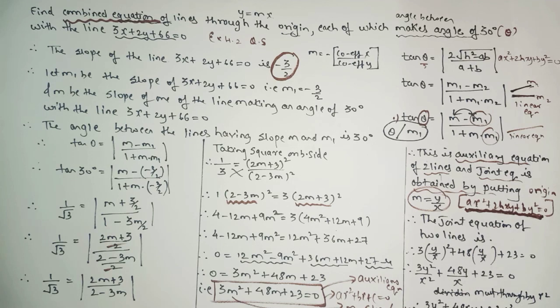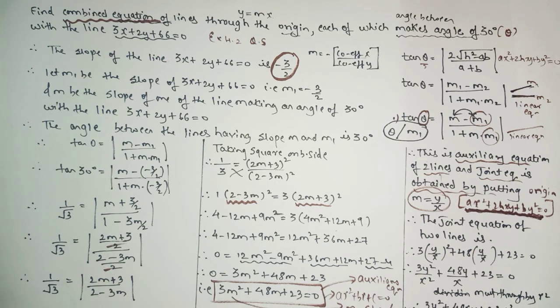So the complex part is what? There are lots of concepts, things, many sums, many types to understand in the chapter. But the chapter is very easy when you solve the sums type wise instead of exercise wise. So this was the last part, last sum, last concept of this chapter, chapter number 4, pairs of straight lines. So that is the end of the chapter. We covered all the concepts, all the sums from exercise number 4.1, 4.2, as well as 4.3. So that's the end of the concepts and all the sums.